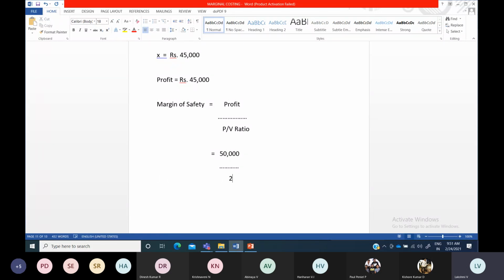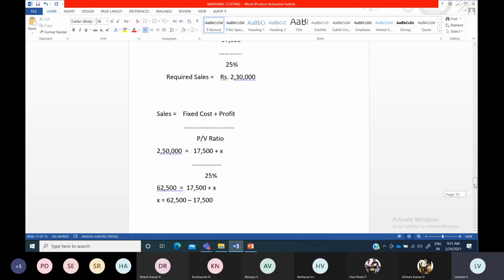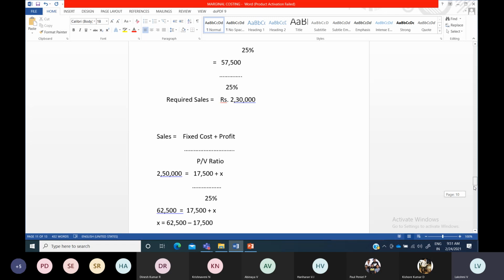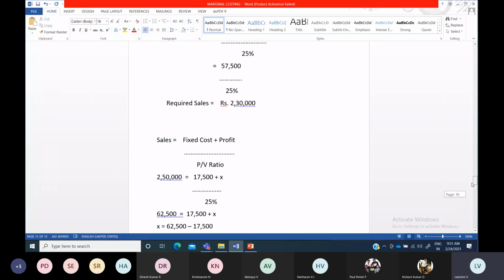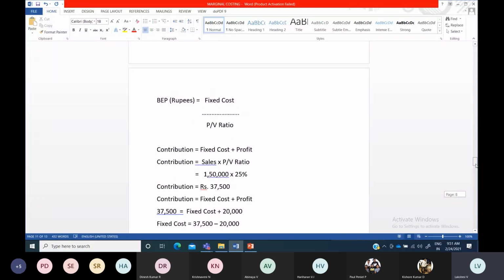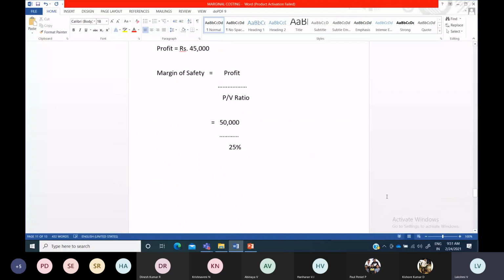And profit divided by PV ratio. PV ratio we know, 25%, we have got initially. So this PV ratio, if you see, is getting reflected everywhere. Profit volume ratio is getting reflected everywhere in the subdivisions. So you have to kindly take care of that. If PV ratio initially you have found out wrong, then wherever we substitute PV ratio, the entire sum will go wrong. So you have to calculate that PV ratio properly, because we require it for break even point, for margin of safety, and for calculating contribution. So everywhere we require that PV ratio, profit volume ratio.